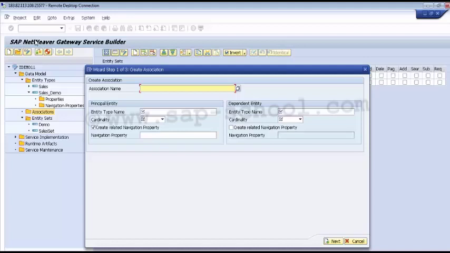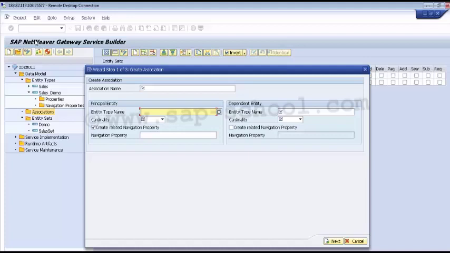Either we can specify the name of the entity for the new association directly, or we can take the help of the input. The entity at this end of the association can exist independently of the entity on the dependent end of the association. We can press F4 to select the entity type here.